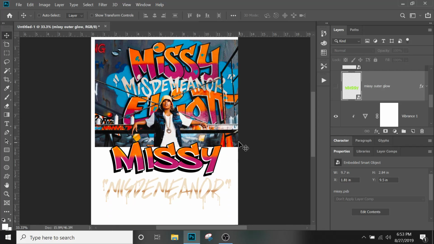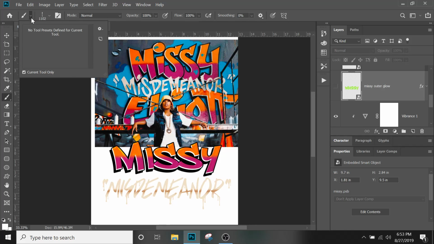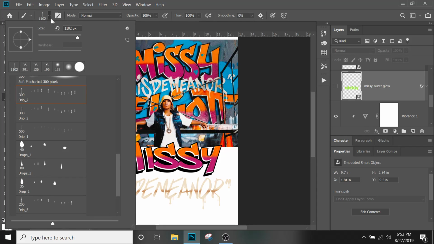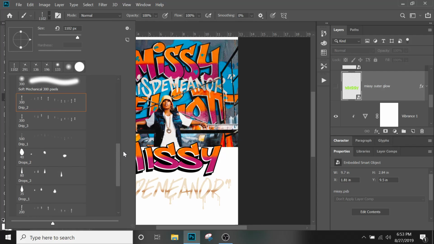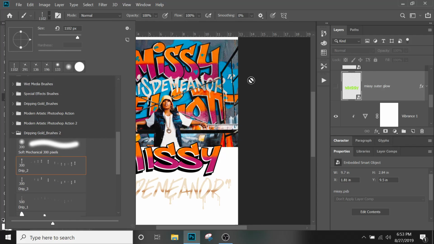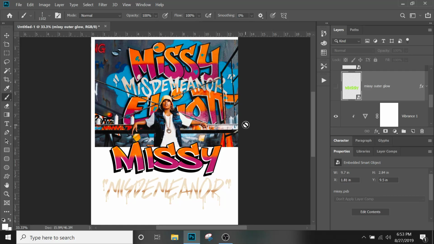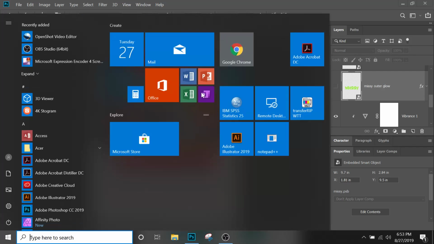And here, if you want to do the cloud, you can literally go online, grab your cloud, and do the same effects over it, as long as it was a PNG, preferably a vector or SVG. You can work from that. So let's see if we can find one. I might have a brush, but what I want to do is show you, if you don't have brushes, then you can. Yeah, I have some clouds in here, but let me show you. If you didn't have brushes, of course you do your